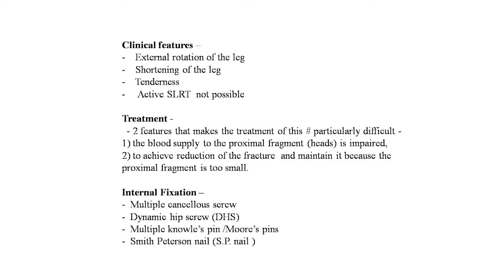And next, the line of treatment in the neck of femur fracture is internal fixation. Multiple cancellous screws may be applied. Dynamic hip screw, a single big screw may be applied, that is the DHS. Multiple Knowles pins, Moore's pins, Smith-Petersen nail, SP nail, all these are the types of internal fixation in the neck